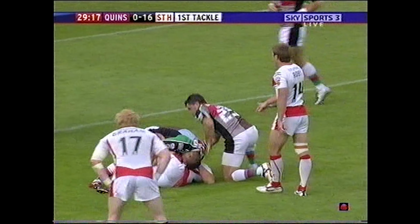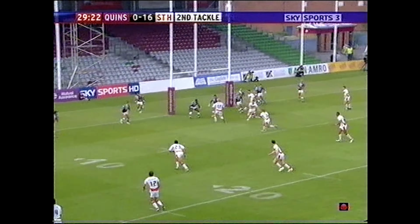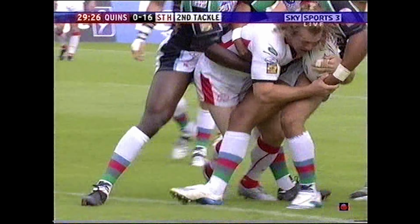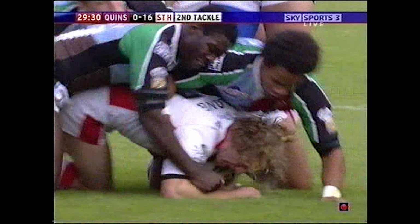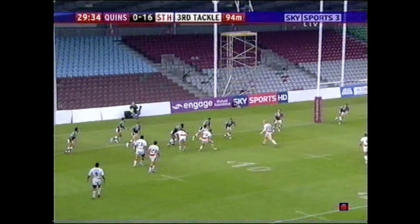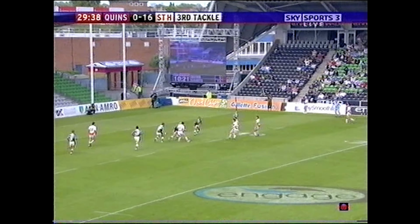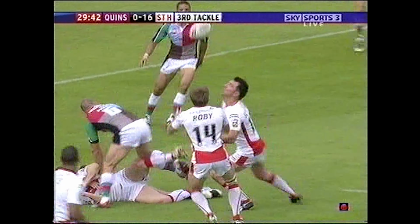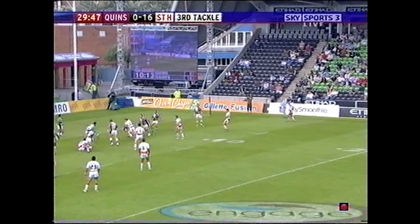And Sculthorpe is dumped on his backside, but only on the second tackle and about three metres away from the posts. Roby finds Long, and Long will spin his way to the line, but he will be pulled back by the defenders. That's good defence there from Ricky Sharif and company, and Michael Warrancy. Roby, Leon Price, Wellens, and Wellens takes on Scott Hill, and Louis McCarthy Scarsbrook flicks the ball up into the arms of Sculthorpe. Sculthorpe then to Paul Clough,